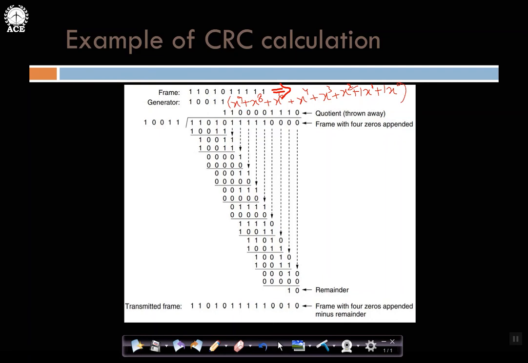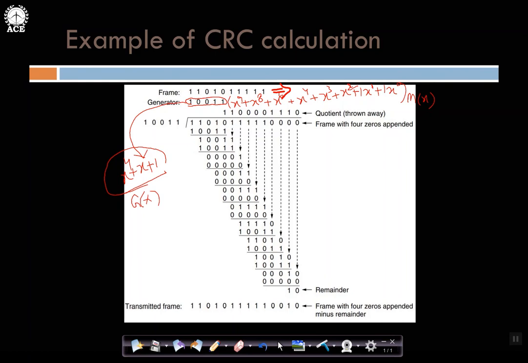Got my point? And this is the generator polynomial which will be given to us. What is this polynomial representing? Let me write it here. This is x power 0, so 1, plus x power 1 means x, 2 is not there, 3 is not there, x power 4. So this is my generator polynomial, x power 4 plus x plus 1. These are the coefficients of this polynomial: 1, 0, 0, 1. Got it? This is the generator polynomial g of x, and this is my data m of x.